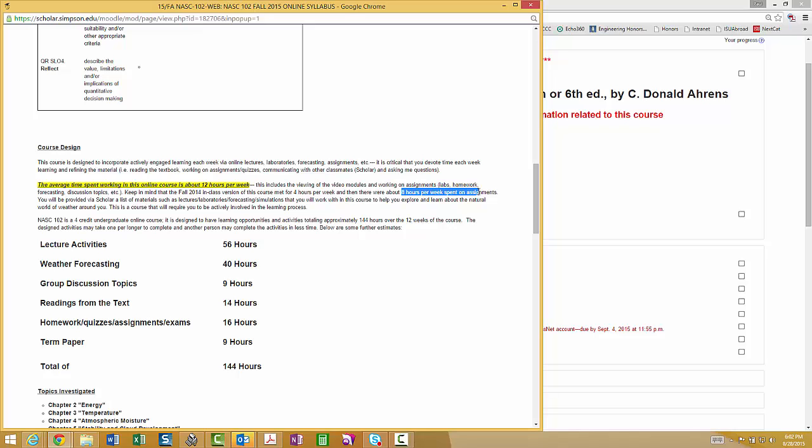So even the in-class sessions spent at least 12 hours per week. For the first 6 or 7 weeks of the course, or about the first half, you'll spend anywhere from 12 to 20 hours per week, because we've got to learn how to forecast. That's going to require time commitment from your end.